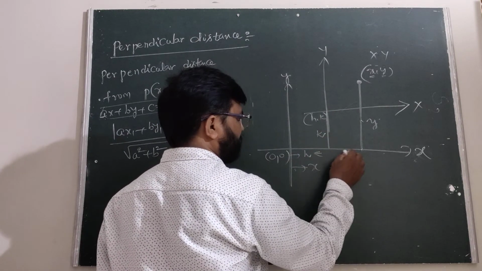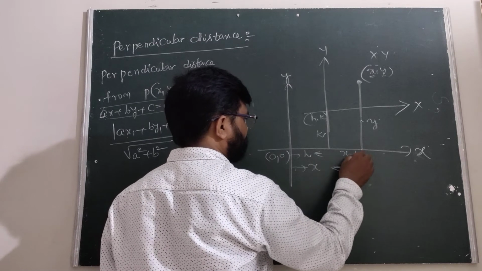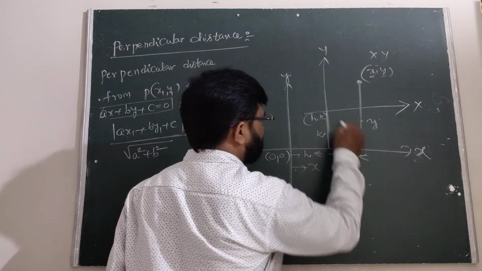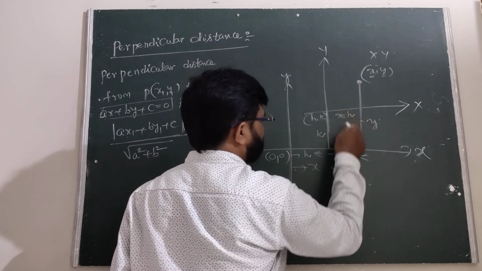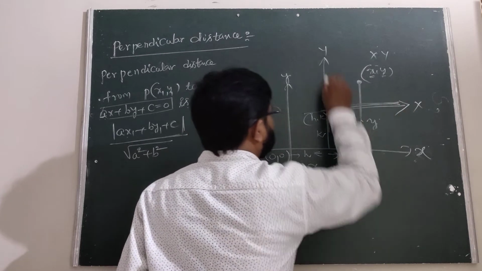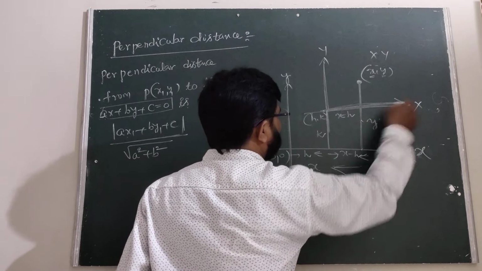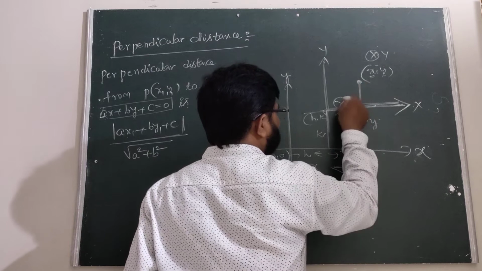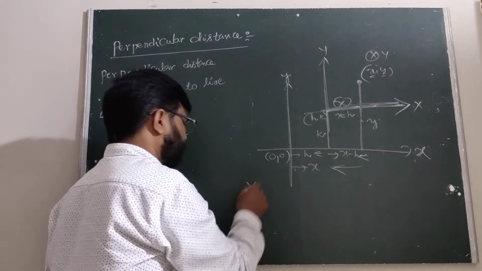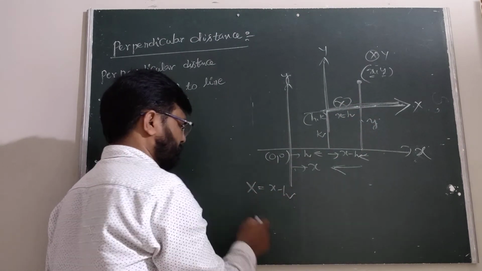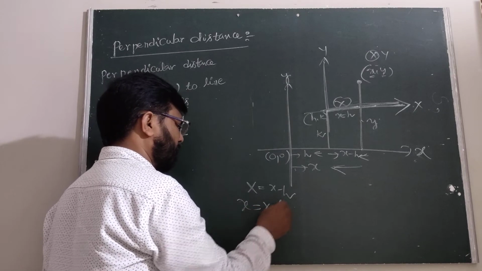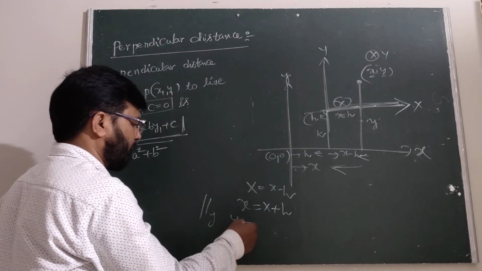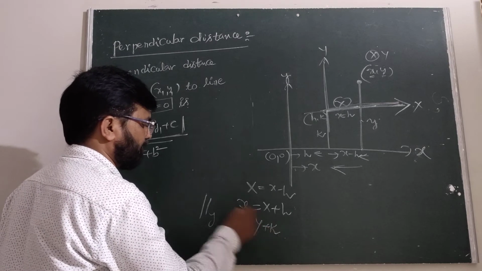Therefore, undoubtedly this part is x minus h. When the length is x minus h, undoubtedly this is x minus h. But these are the new references, big X and big Y. Therefore, here the big X is equal to this one. This is the big X. Therefore, big X equals x minus h. The small x is given by the formula x plus h. Similarly, we can prove small y equals capital Y plus k.